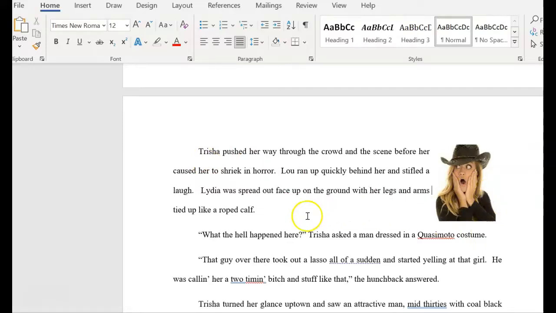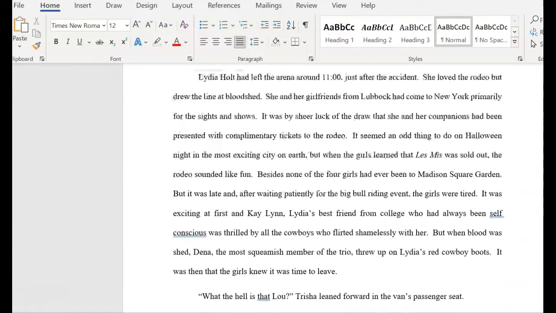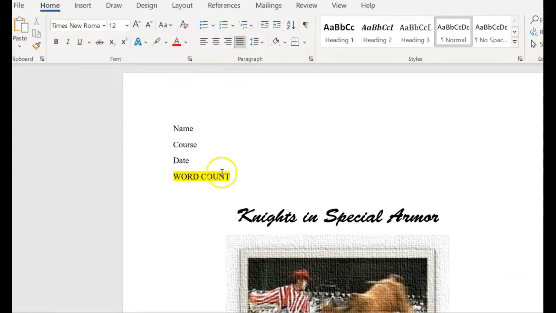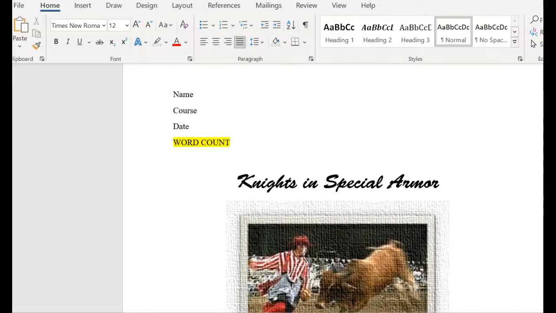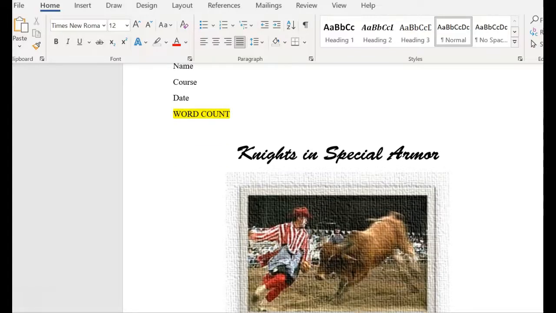I'm never going to find a picture of poor Lydia, but I can find a picture of Tricia drawing the reader into the story and making the reader want to go forward and read more. So all of the images are in here. Everything's all done. It looks beautiful. It looks pristine. I've added my word count, and I'm ready to submit,